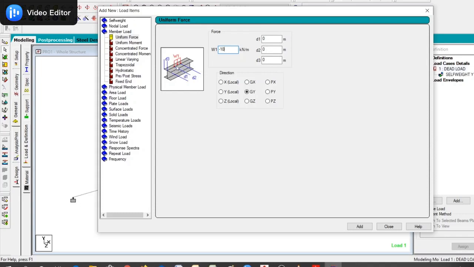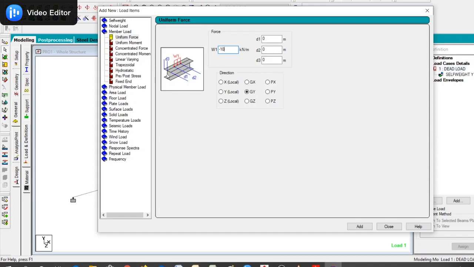But if you want the load to be applied only on a certain portion, then you have to give D1 from where the load is starting, D2 where the load is going to end, and D3 if it has any eccentricities, that is, if the load is not acting on the center line of the beam, then D3 will come into picture. If not, it will not come. So D1 is from where the load starts, D2 where the load ends, D3 is eccentricity.